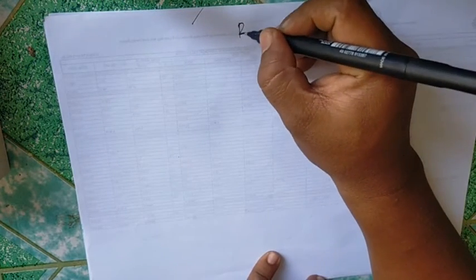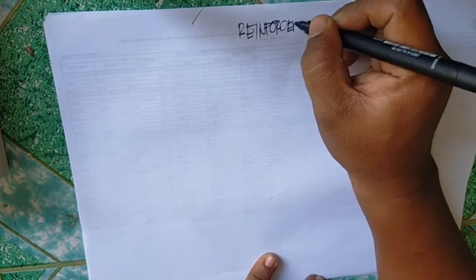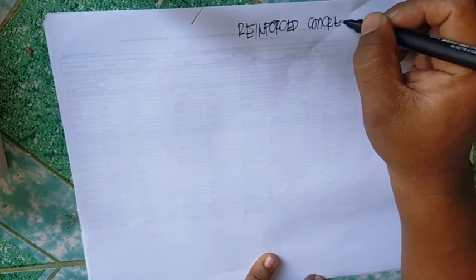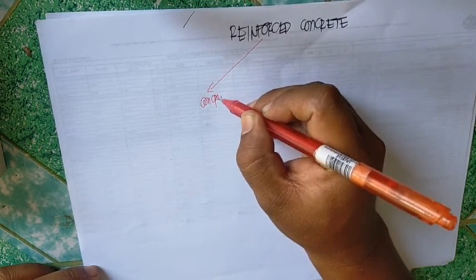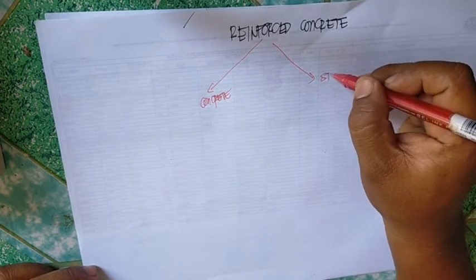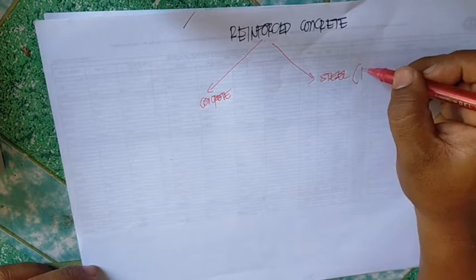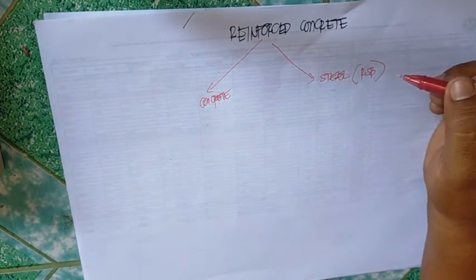Remember that reinforced concrete has two major components. Which is, of course, concrete and steel, specifically RSB or reinforcing steel bar. Okay, so